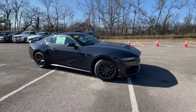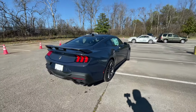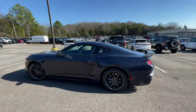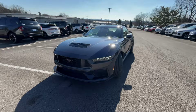So here we have a new 2025 Ford Mustang. Now this one is a Dark Horse Premier. It comes in blue amber metallic, and then we have black and blue Recaro seats. That's a $2,000 upgrade. Powertrain consists of a modified 5-liter naturally aspirated V8 engine, mated to a 10-speed automatic